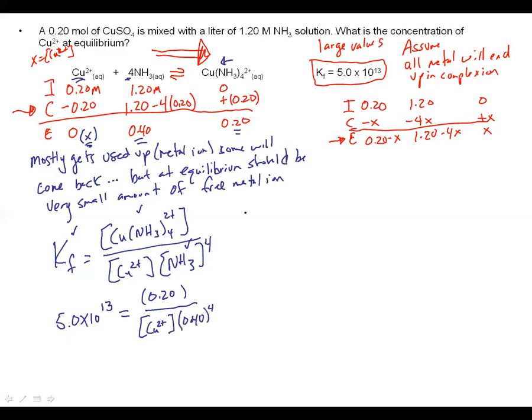So basically what happens is these two guys switch places and we get that the copper concentration equals 0.2 divided by our Kf value times our 0.4 to the 4th. And if we do that, what we will end up with is 1.6 times 10 to the minus 13